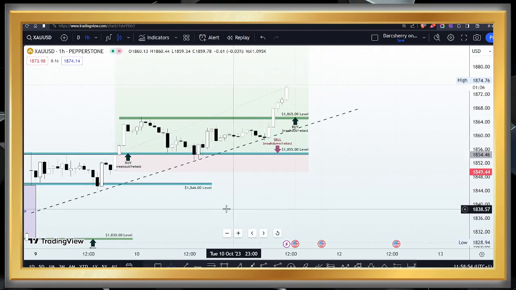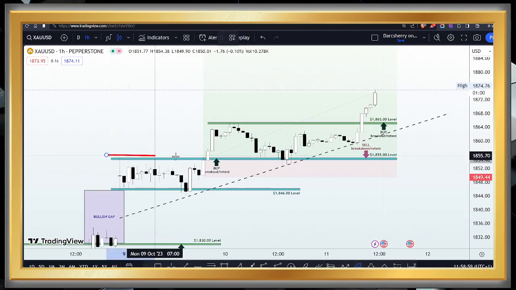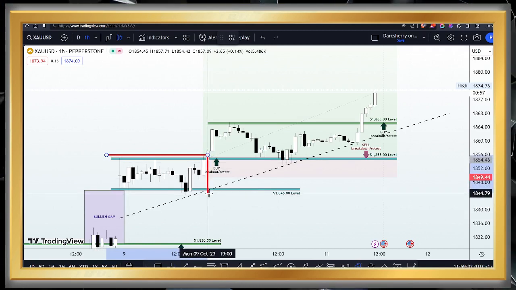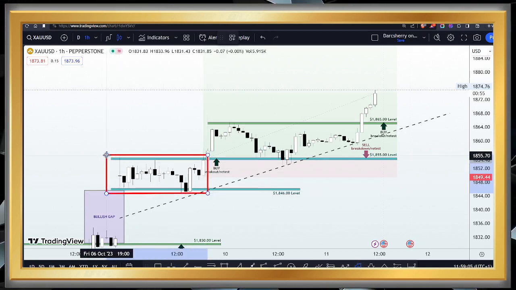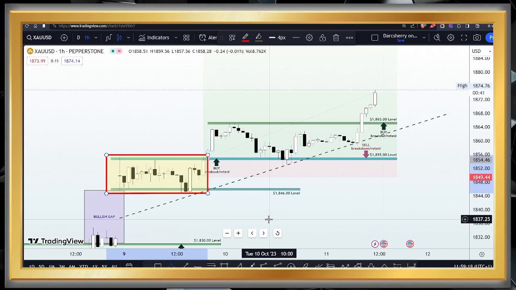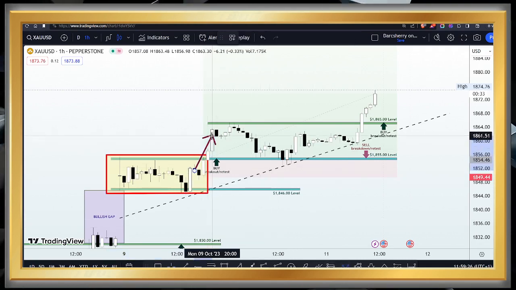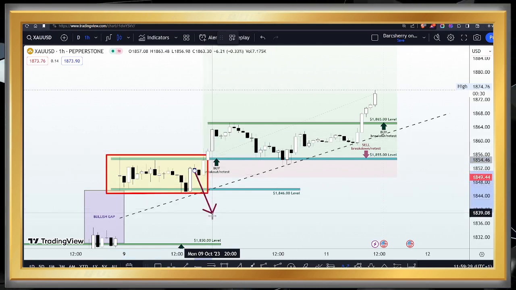And since this week started, we noted that price was confined within this range around the 1,855 and the 1,846 level to emphasize the level of indecision at the beginning of this week. And when we notice this, you know how we do it in this community. When price action falls into a range like this, we do want to be exercising patience, waiting for either the breakout of the resistance line to give us an opportunity to buy, or the breakdown of the support line to give us an opportunity to sell.